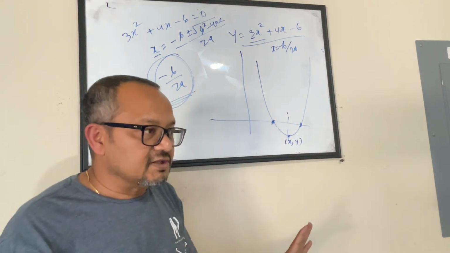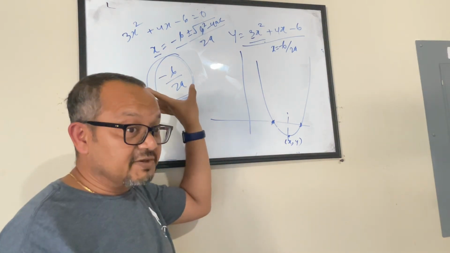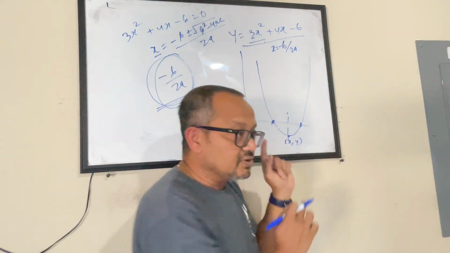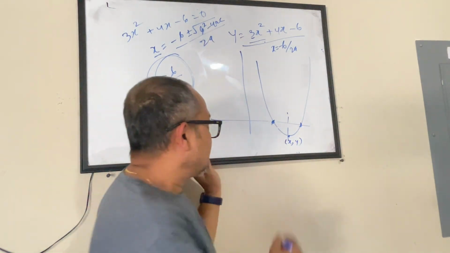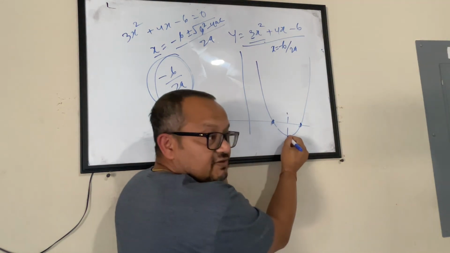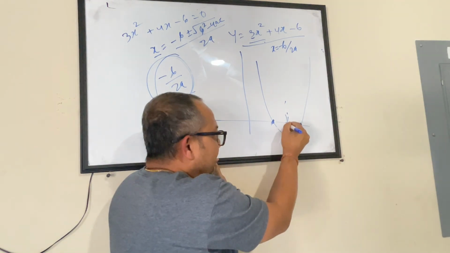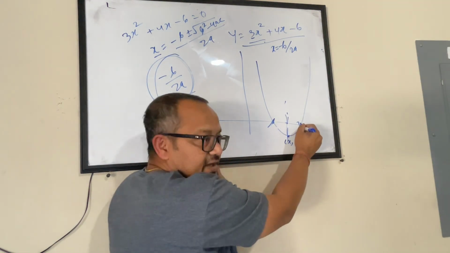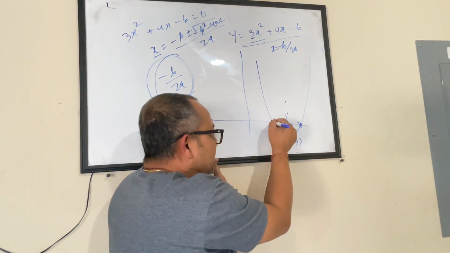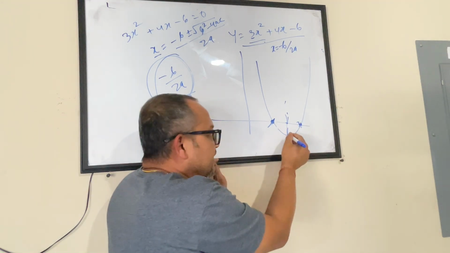Now let's look at the concept part of it. I know this looks quick, but this may not be correct. Now, see, what is it that we are trying to find out? If I have a parabola and it touches the x-axis at two places, certainly my vertex will be in the middle of this. The value of x will be this x value plus this x value divided by 2, for sure. So I have to find the x value of this and the x value of this, add them together and divide that by 2.